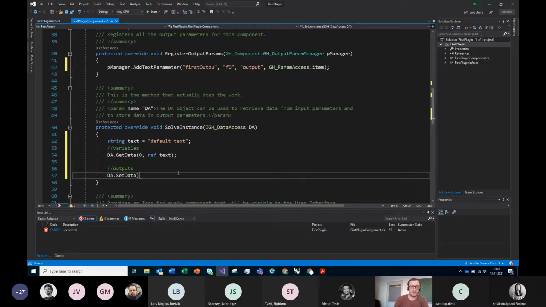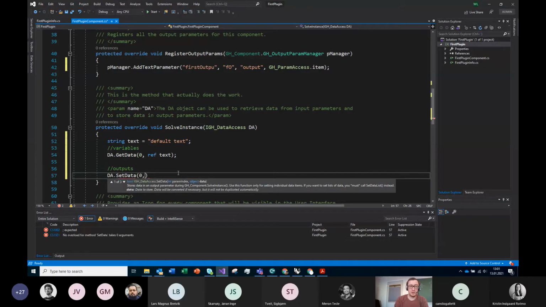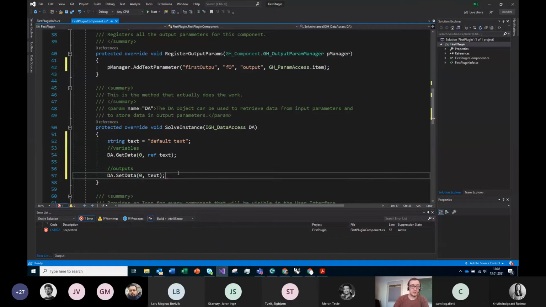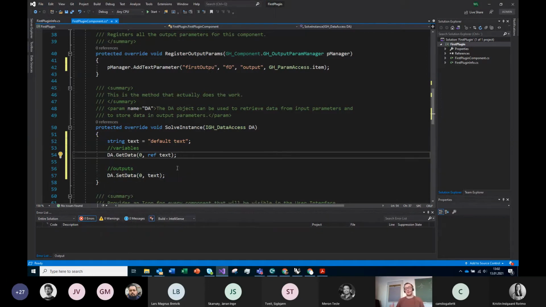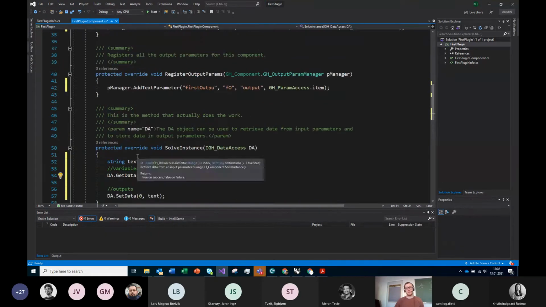Data, I will place 0, and I will place here text. The only thing which you can think now is what is the 0? And the 0 here, this 0, it's referencing to the